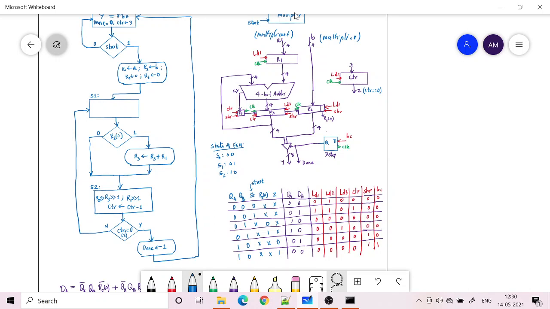When I do shift right, I need to decrease the counter, so the shift right is also decrease count. So I can decrease the count and shift right, that will happen simultaneously.